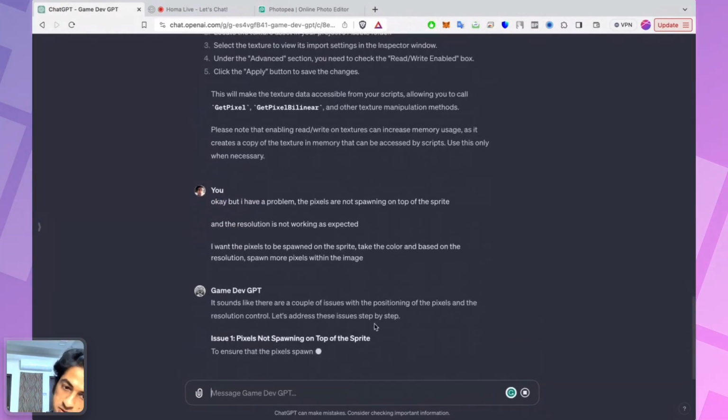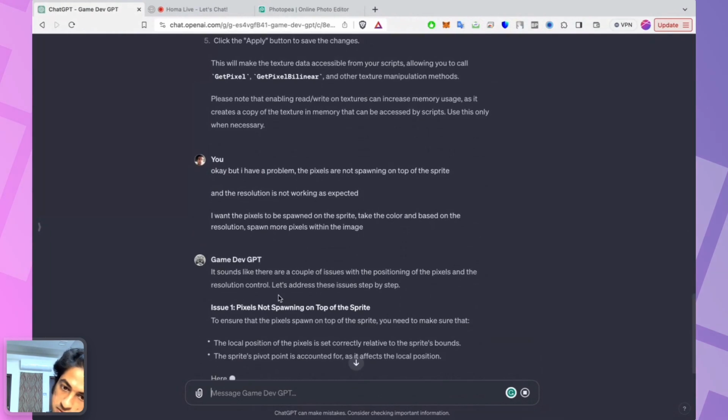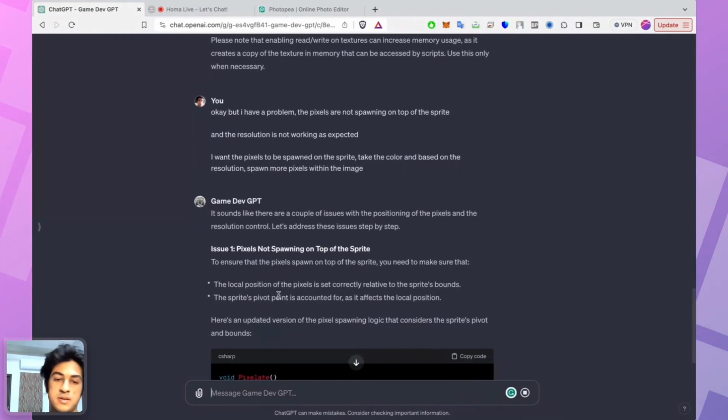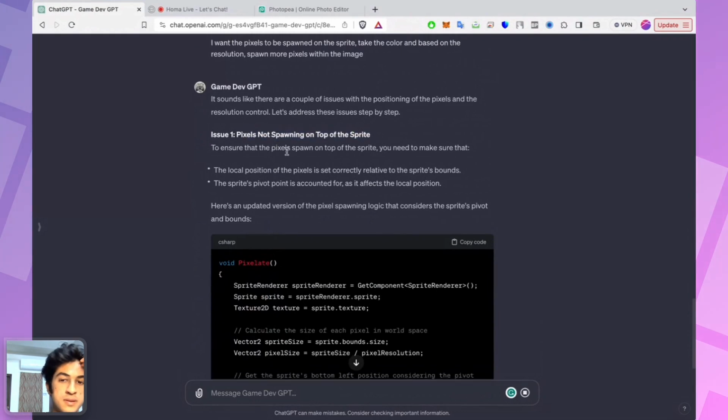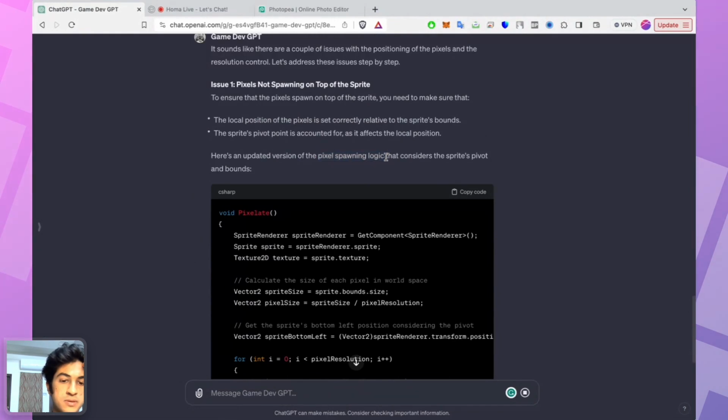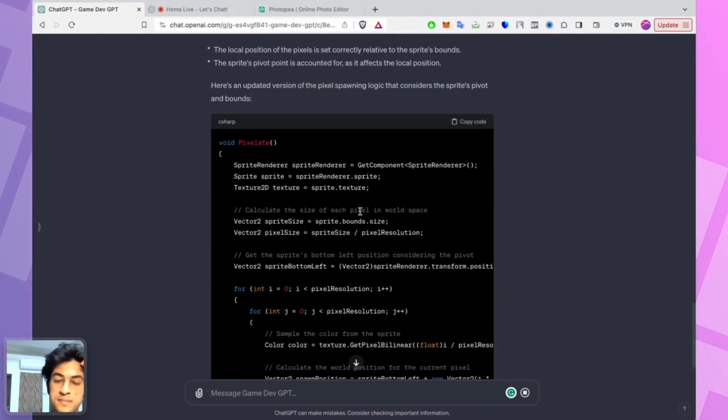There are a couple of issues with the positioning of the pixels and resolution control. Let's address these issues step by step. Okay, let's do it. Here's the updated version of the script.